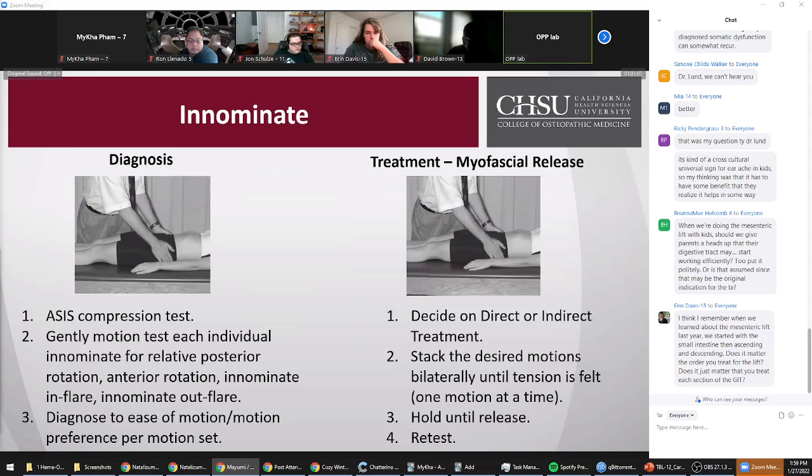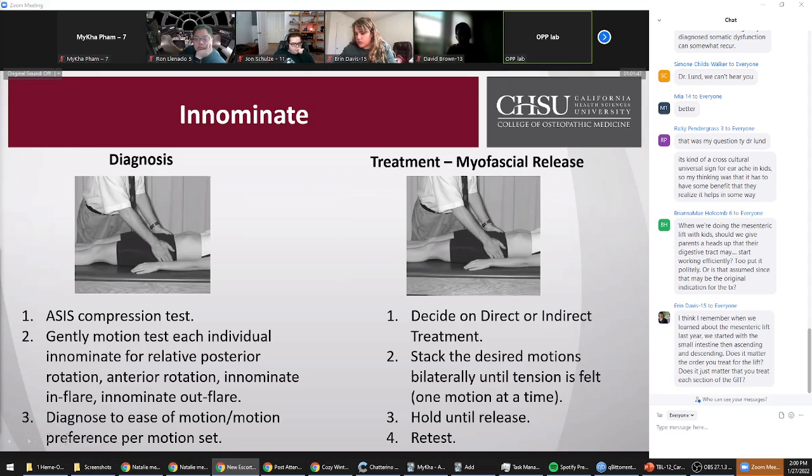And then the last thing here was something that I threw in there, because remember we were talking about the parasympathetics and the fact that the iliopsoas and the iliacus and the colon and the cecum all lie in those innominate locations. You might want to address evaluation of the innominate. In a child, again, they may not be willing or coordinated enough to push and pull when you say so. So when you diagnose innominates, you can place your hands very similarly like you would for evaluation of the innominates,